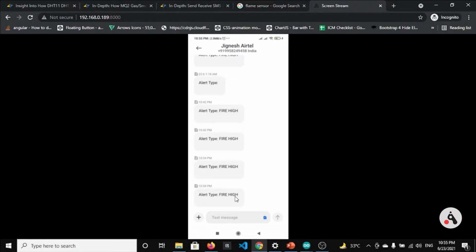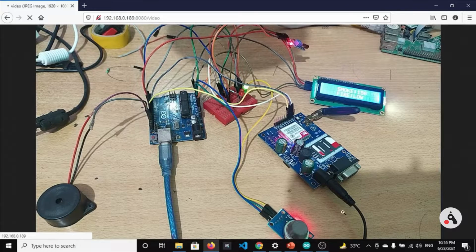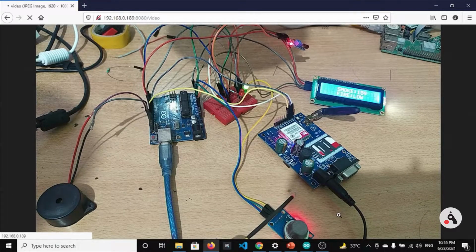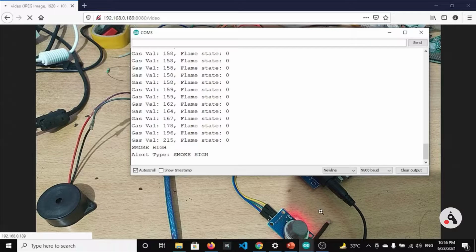Okay, so in the second part, let's show some smoke to our sensor. Let me first go to the circuit, and you can see that I will increase the smoke. Yeah, you can see the value 215, smoke high.